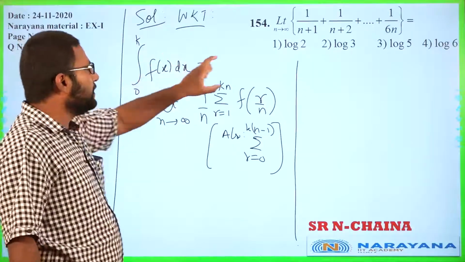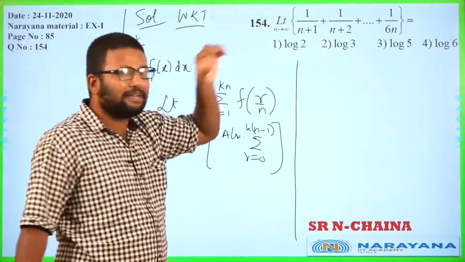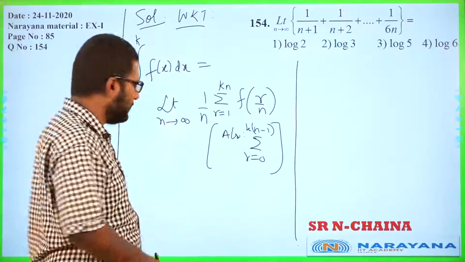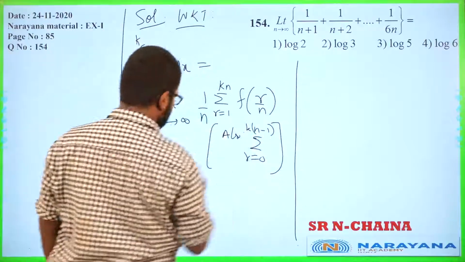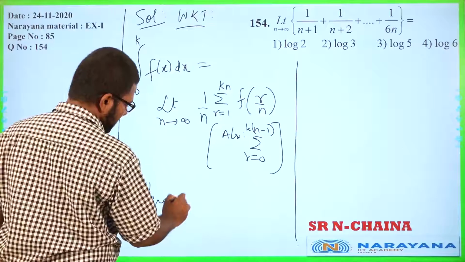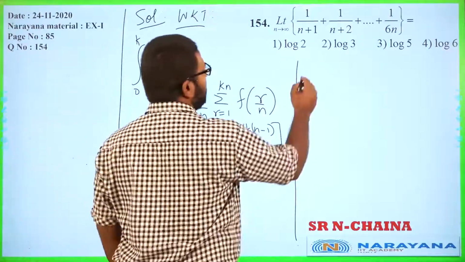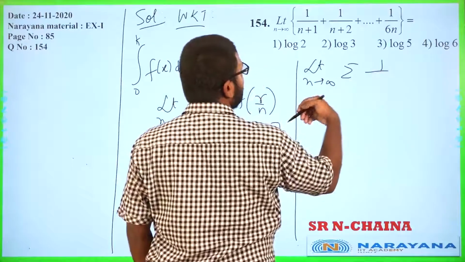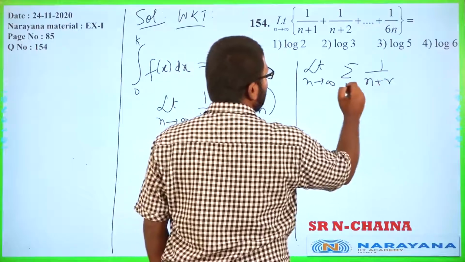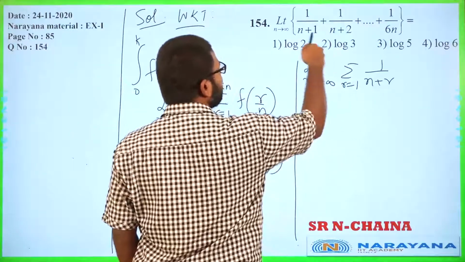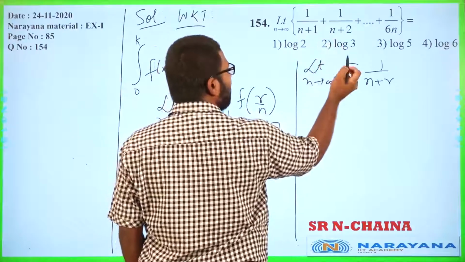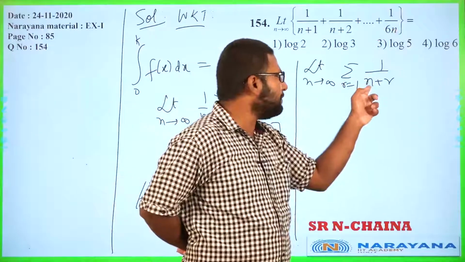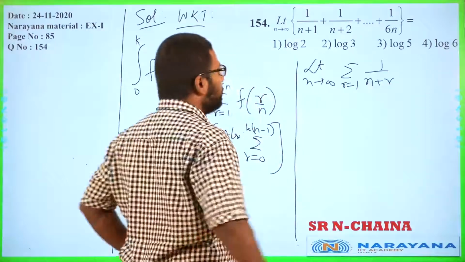Then once you have this, you write the entire sum in summation form. First write it in summation form, then you try to fit everything in this. Okay, so here, let us say L equal to limit n tends to infinity summation 1 by, can I write it as n plus r, where r goes from 1, you see r is starting from 1, n plus 1, n plus 2 and so on. Up to which point should I take r? If there is 6n here, this must be n plus 5n. So up to 5n.